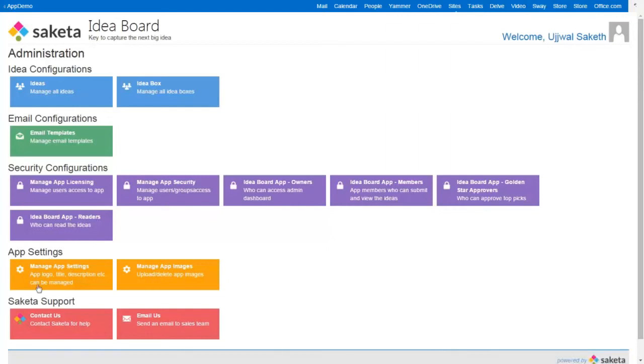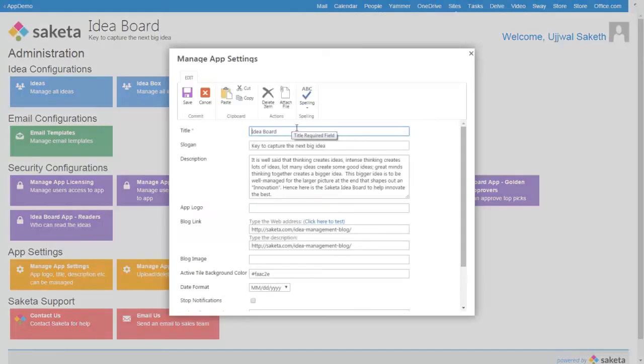The next section is the app settings section. This can be used to change the logo or the name of this particular application. For instance, if you don't like the name idea board, if you maybe want to name this something like innovation center, then you can put the title here, and you can give a slogan and a description.